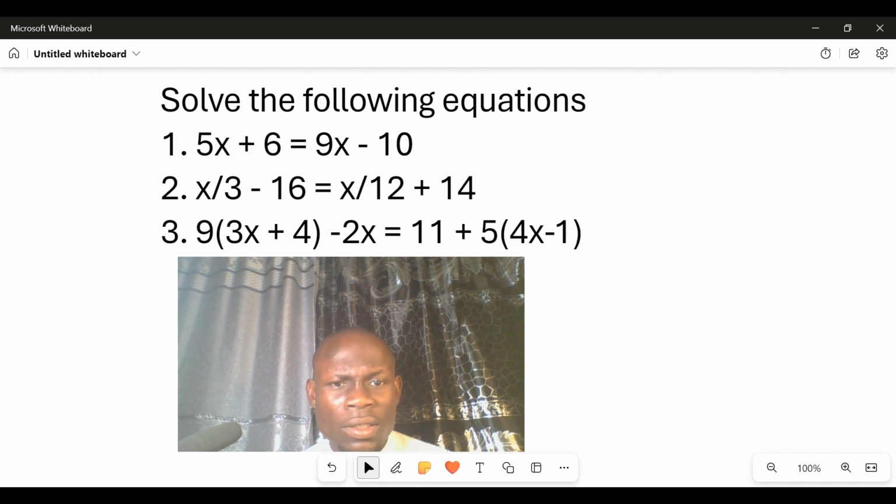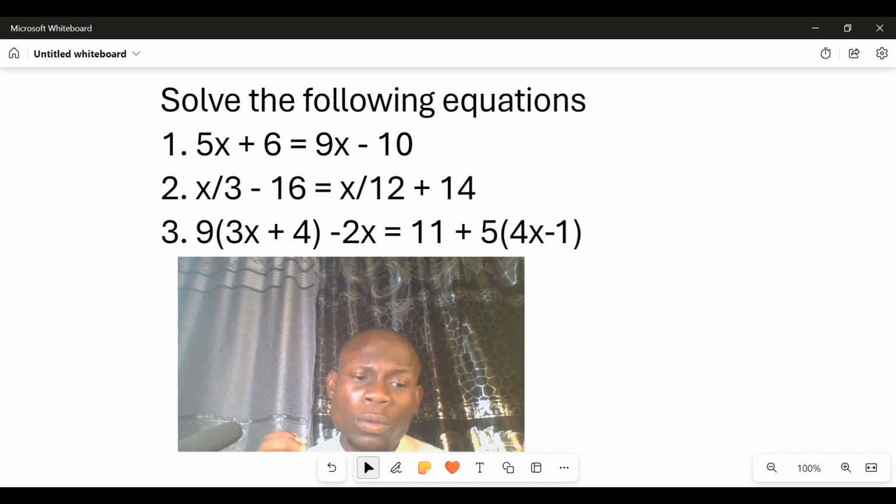We will be looking at this question. But before we go right into solving the question, if this is the first time